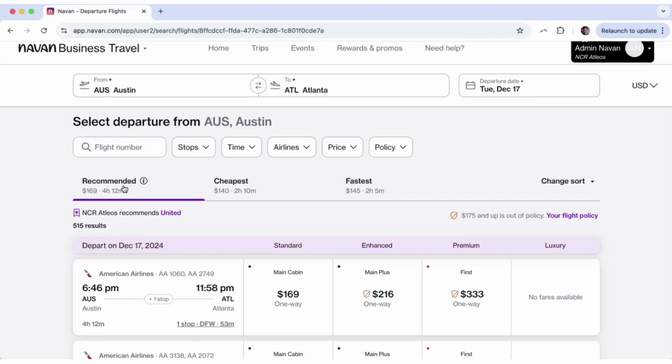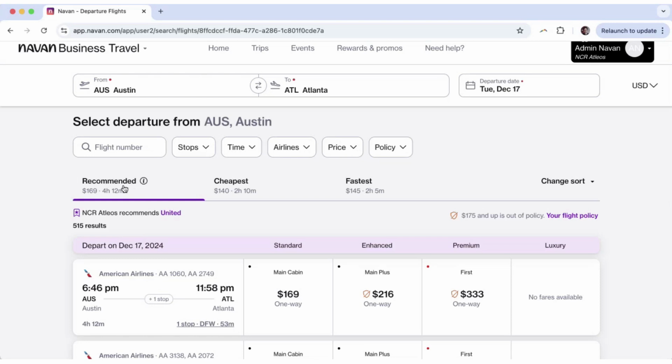We're also looking at your loyalty information and loyalty programs to understand, are you a Delta flyer, are you a United flyer, or an American flyer, for example. And we're also looking at what your colleagues typically book, as well as anything that might be recommended or in policy for NCR at Leos. With that, again, we're bringing through 515 results, but we're sorting it in a way that is personalized to you